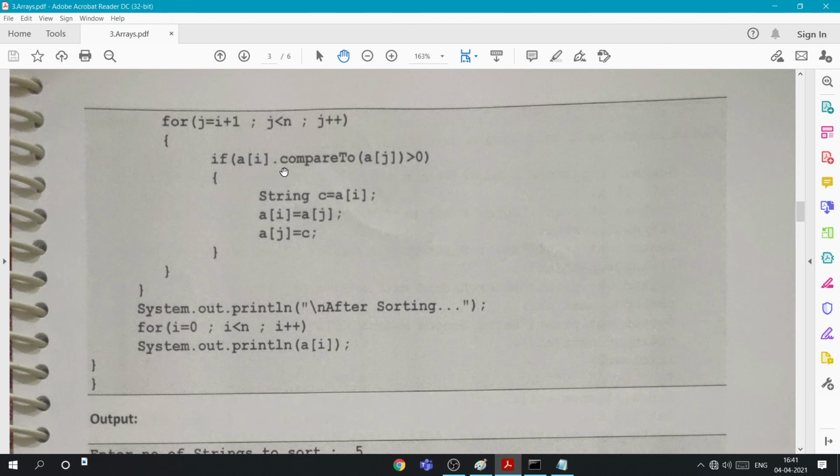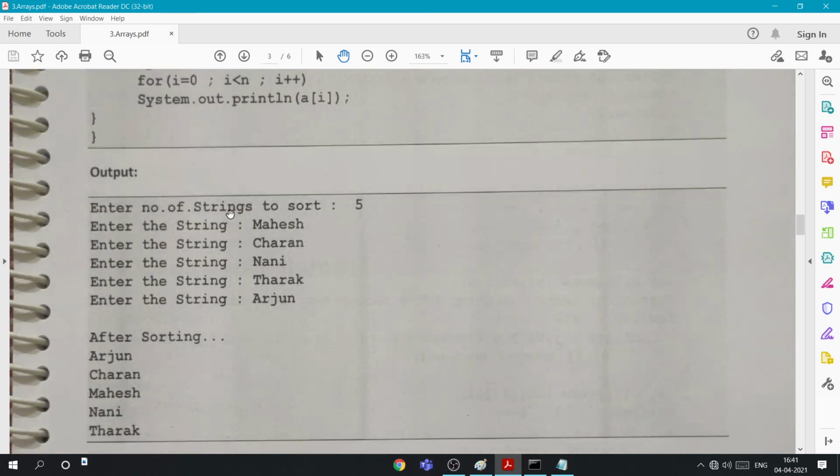They compare the strings in alphabetical order, basically like a dictionary. For example, here we have entered some names: Arjun starts with A, so that's why it is first. If you have two names with the same starting letter, for example Nani and Nandu,